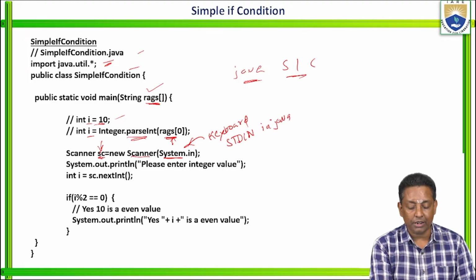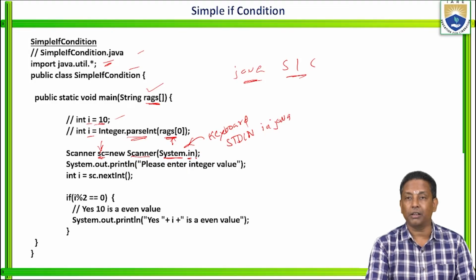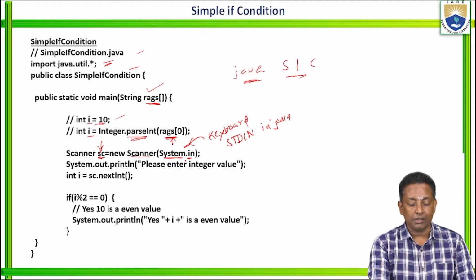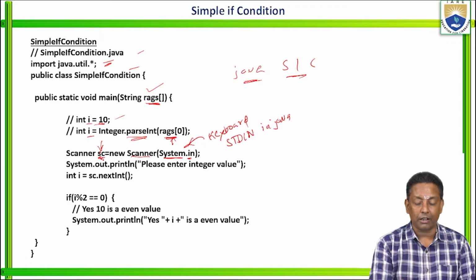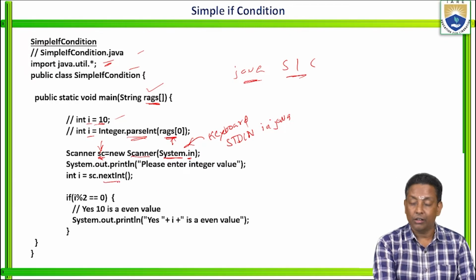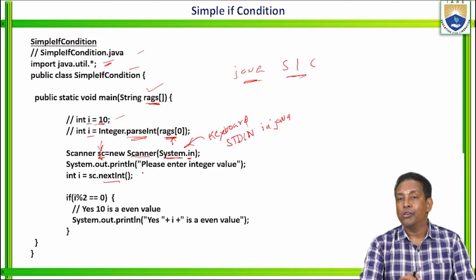System.in: System is a class and in is a static variable in that class. So if you pass System.in as an argument to the Scanner class, nothing but the keyboard reference will be passed into the Scanner class. In the Scanner class, we have one method